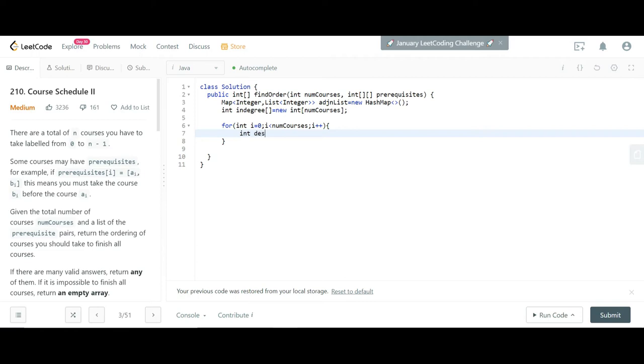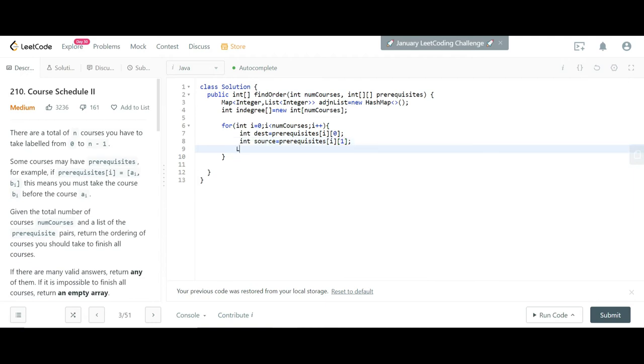The destination here is the second element, so it will be prerequisite array at the ith position, the first element is the destination, and in the same way the source element is the second one.